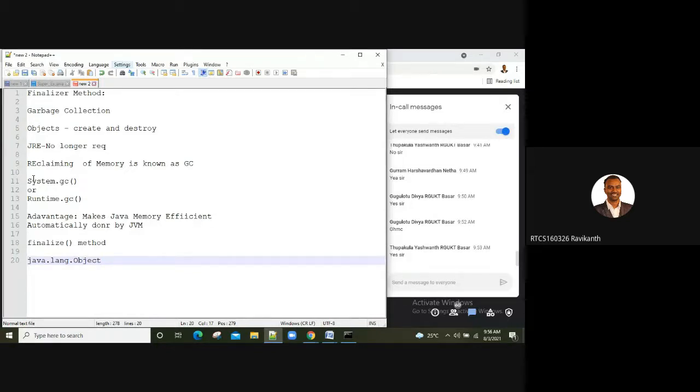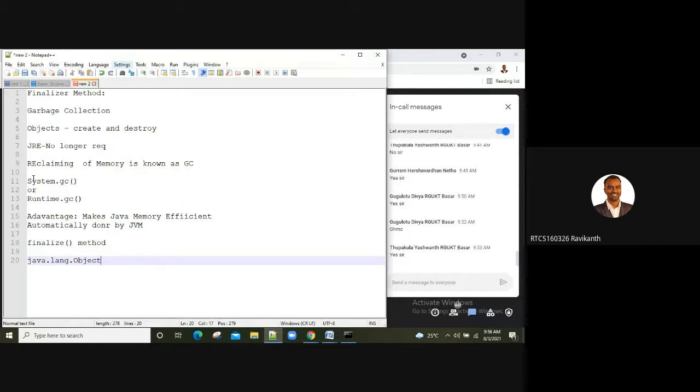Sometimes resources will be occupied by sockets, files, and databases. All those connections have to be freed before I close the program. Just like when you shut down your system, you have to close all the applications. If you don't close them, it will ask you that some applications are still running in the backend, and if not closed properly, there might be problems later.